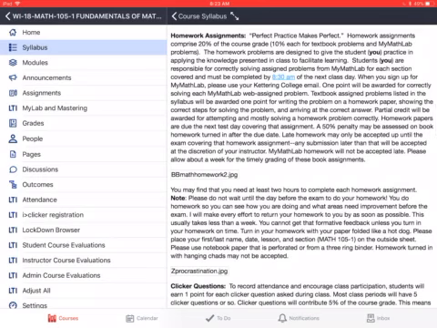Homework in our class consists of two different components. There is book homework. That's physical book homework. It's going to be written on paper. Then there is the MyMathLab online homework. The online homework is due the next class day after a section is complete, and the book homework is always